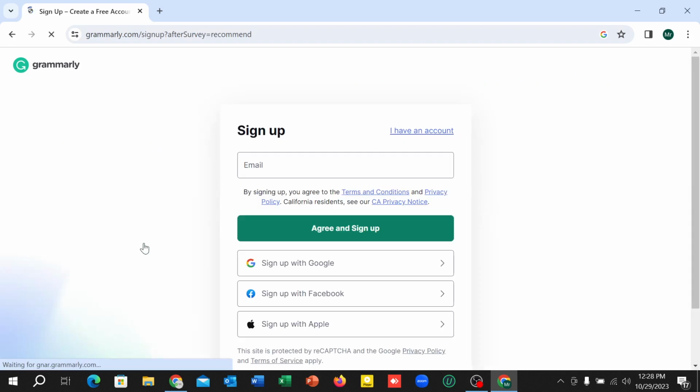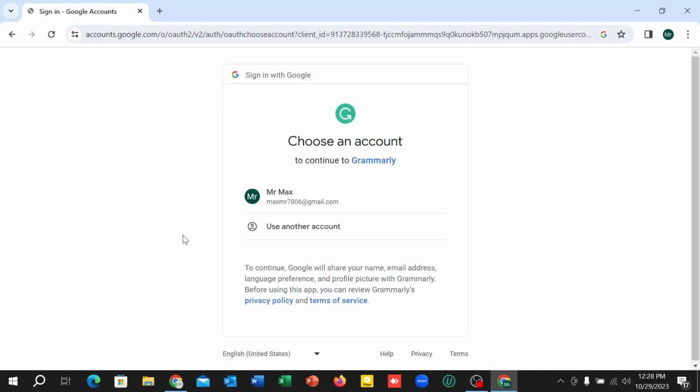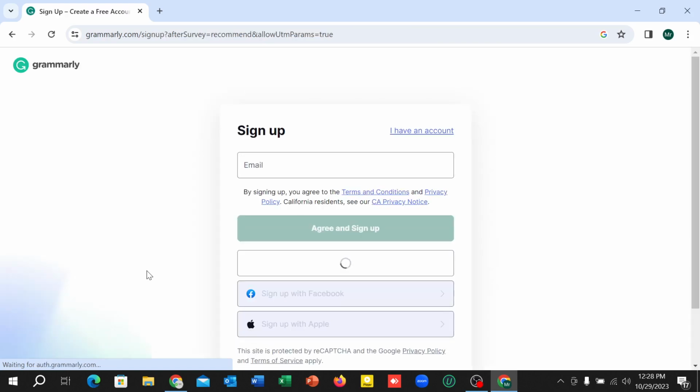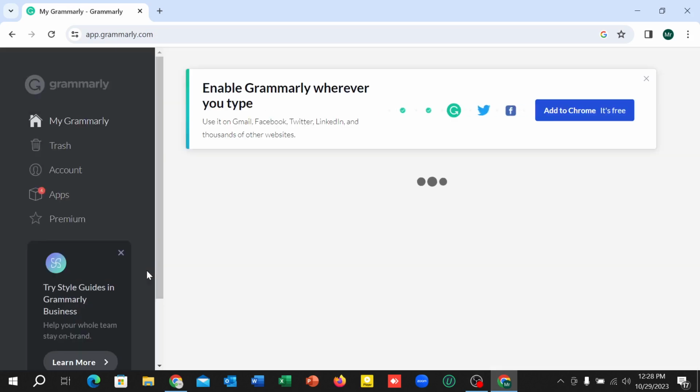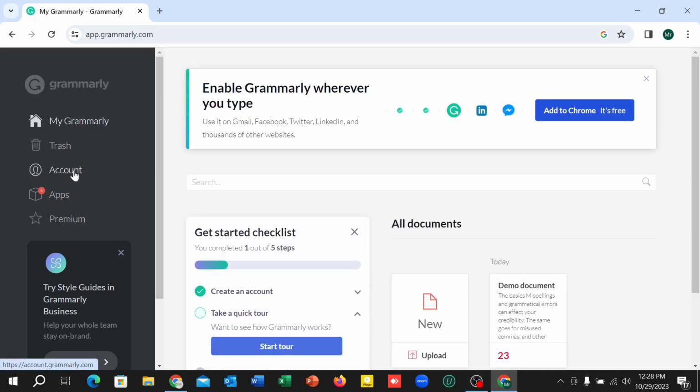Right now you just need to sign in, so you can sign up with your Gmail. I select my Gmail, and here you can see it's loading. You just need to wait a couple of seconds. So guys, after opening it, it's still loading, and select Apps,